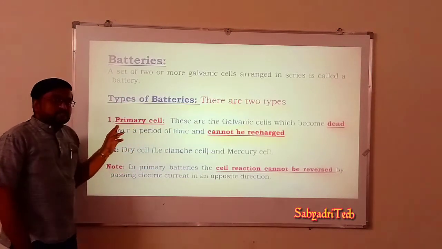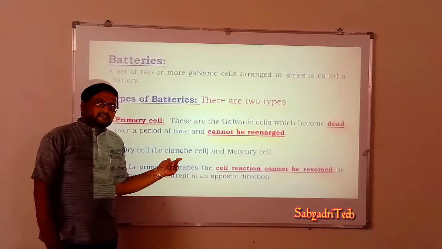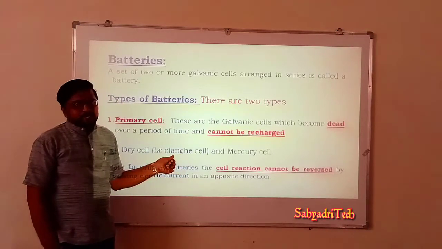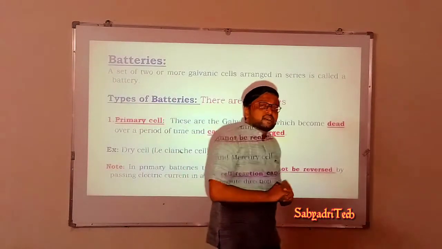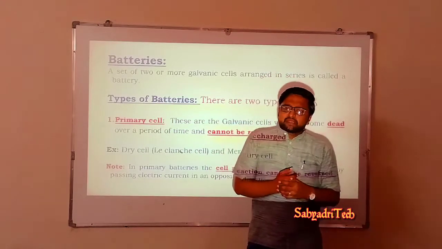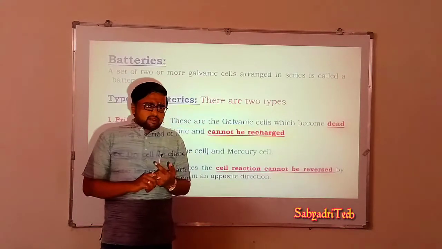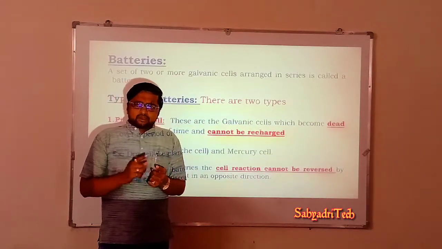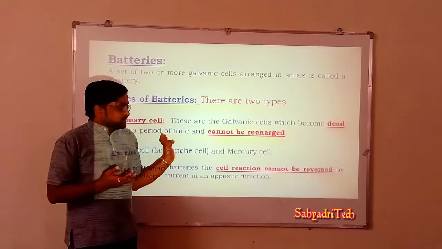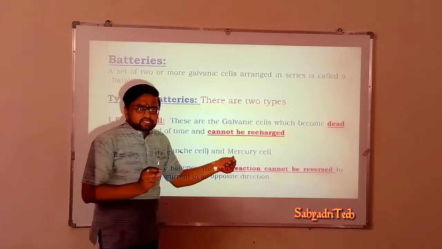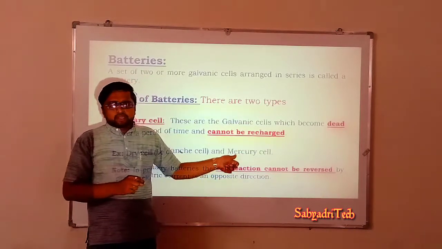Well, what are the examples for these primary cells? The dry cell is named the Leclanché cell. This name Leclanché is the name of a discoverer, so it is also called the Leclanché cell, and the mercury cell. These are the well-known examples of primary batteries. Where are these primary batteries used? In tape recorders, in radios, in wall clocks, and even in watches and calculators. There we use these batteries. Okay, whatever we see every day, in watches, the small batteries we use are nothing but mercury cells or mercury batteries.